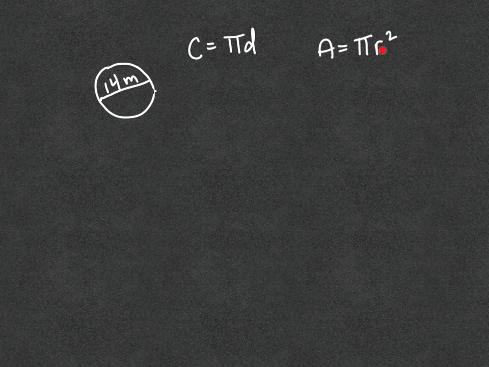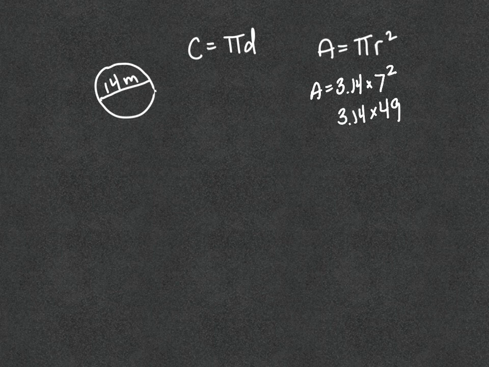Now, to use the formula for area, I need radius. I did not get radius, I got diameter. Well, if this is me with my 2 arms stretched across, if I put one arm down, then this one is half of 14, which is 7. So my radius will be 7 to the second power times 3.14. Order of operations says I must do the exponent first. And then I get my calculator out and calculate 3.14 times 49. And I end up with the area being 153.86